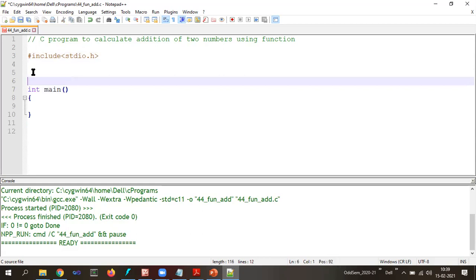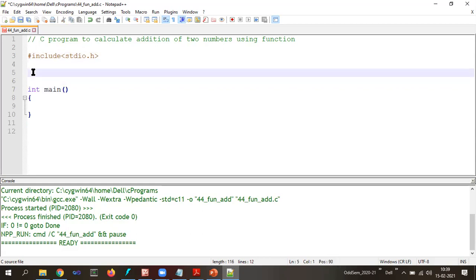Now assume that, as per the programmer's needs, the function name is going to be addition. It is going to accept 2 arguments. Don't write anything down, just pay attention. It is going to accept 2 values of the integer data type, so I will specify it as int comma int. Then definitely a semicolon is required, and at the same time it is going to return a value of the data type integer, so the return type will again be int. So the function prototype is written here.